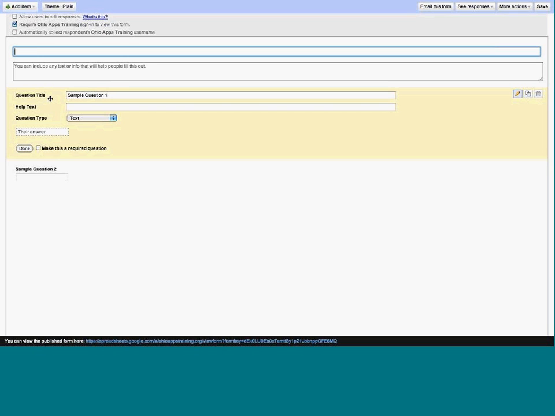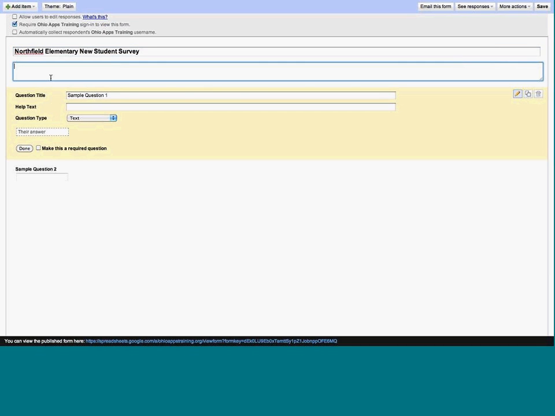I'm going to type the title of my form up here at the top. And include a little bit of text to help people fill it out. And when you create a new form, you're going to have 2 sample questions, and over to the right, you